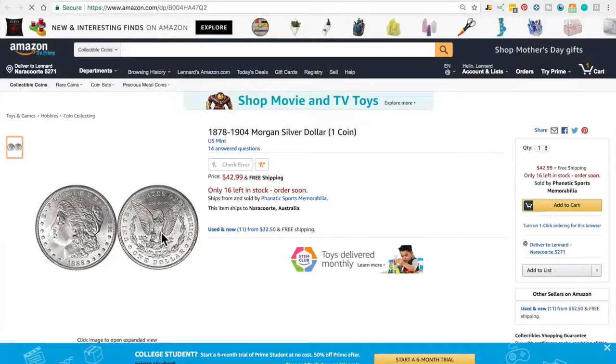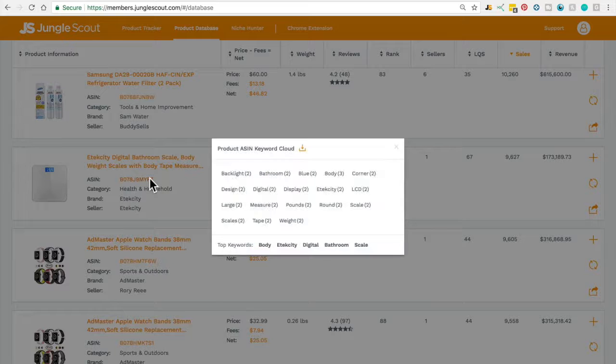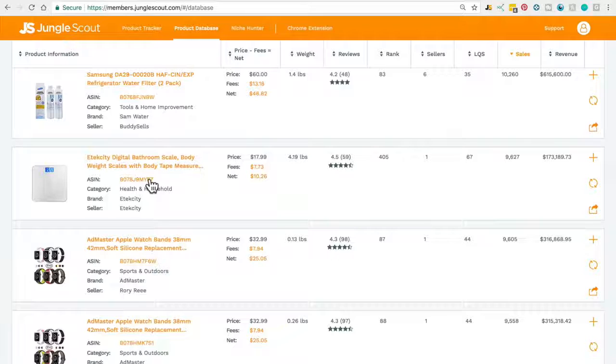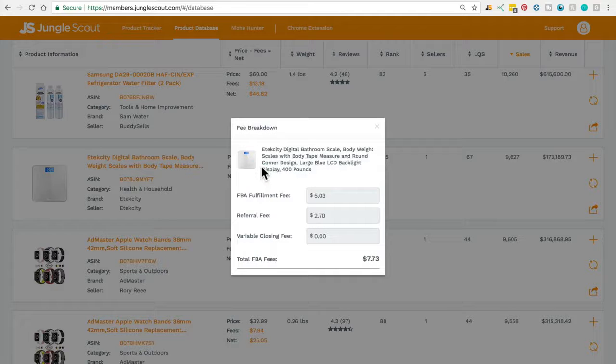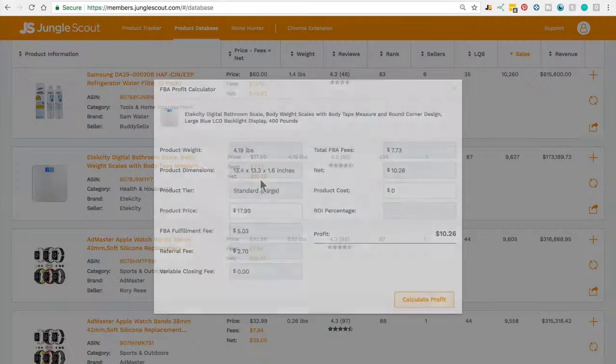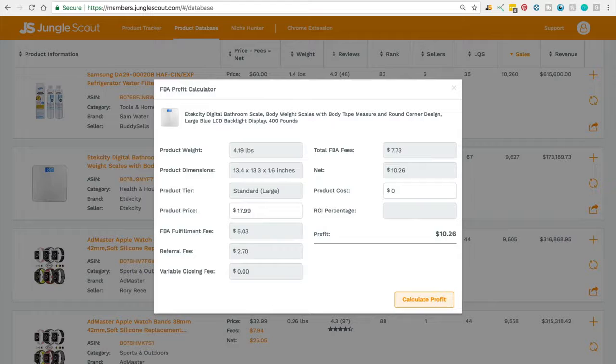You can even click the ASIN to bring up a keyword cloud of all the most used keywords within that listing and title. Over here, you can get a full breakdown of the Amazon fees, and below that you can click on the net amount to access our FBA profit calculator. This is a really powerful tool. With it, you can test any sales price, input the cost of the product to calculate how much profit you would receive if you were to sell that product, and remember,